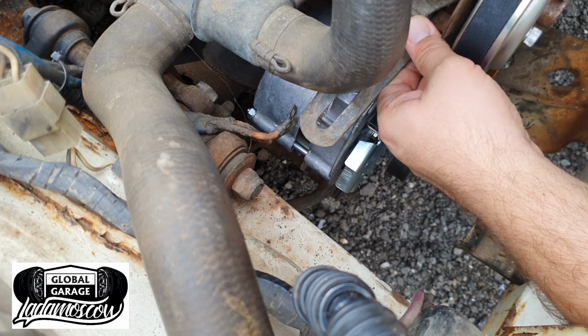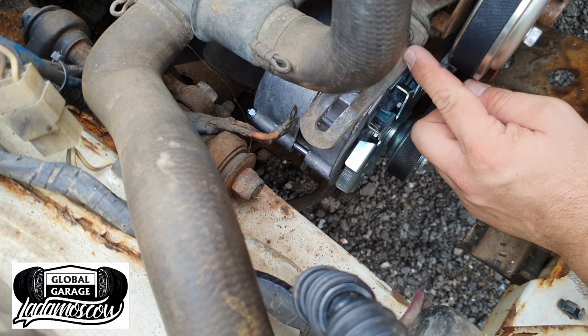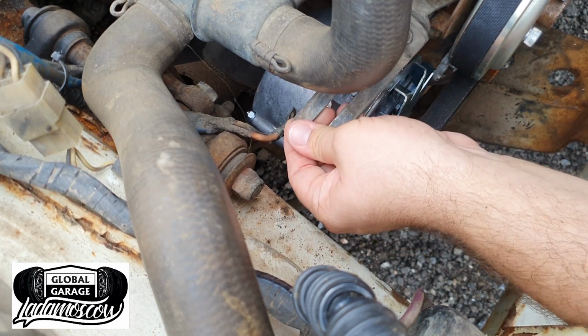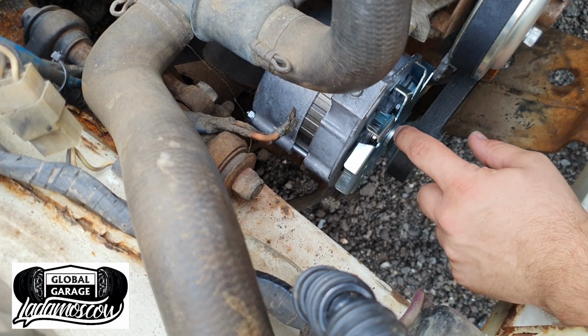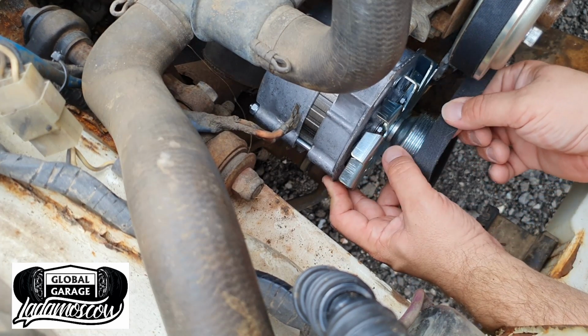That's actually pretty close to fitting. I'm going to just twist that a little bit. Probably be enough. This spacer needs to come out as well. It's pretty close, but